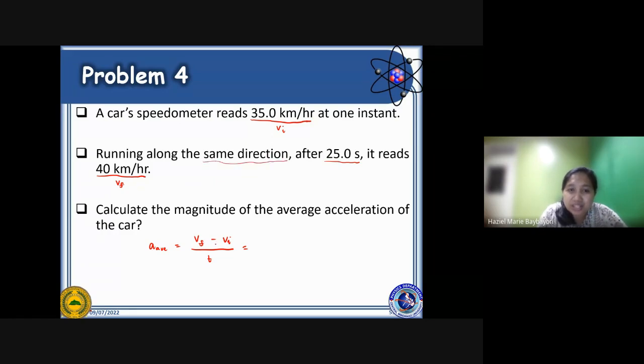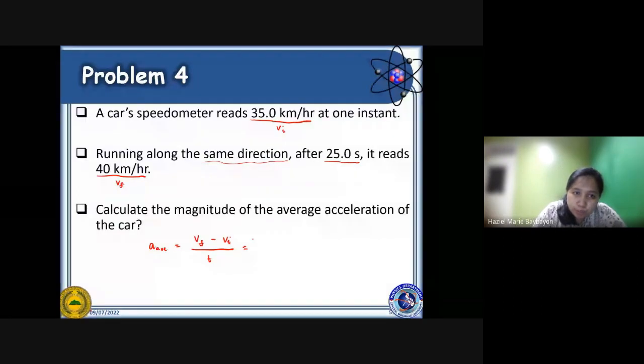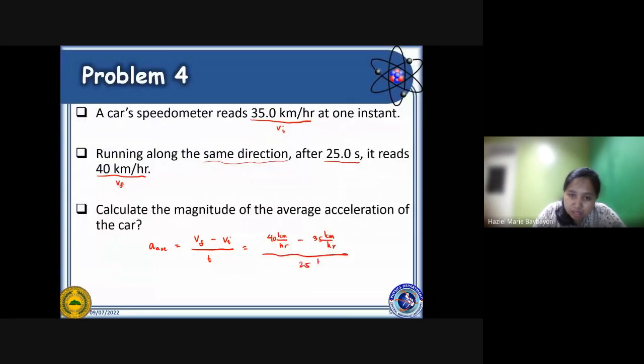Okay, so it is rectilinear motion. When it is rectilinear motion, our calculation is simplified. Okay? So, you have 40 kilometers per hour minus 35 kilometers per hour divided by 25